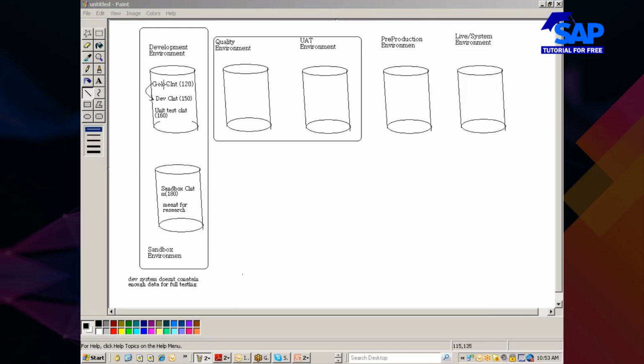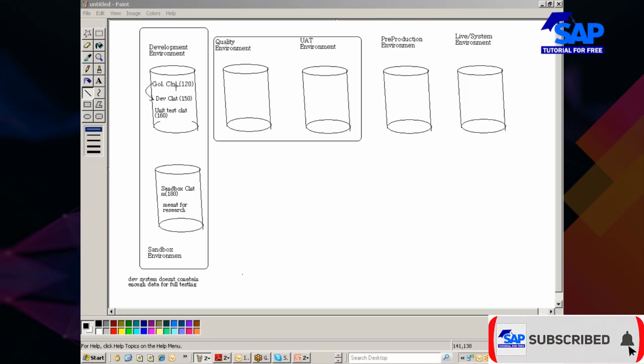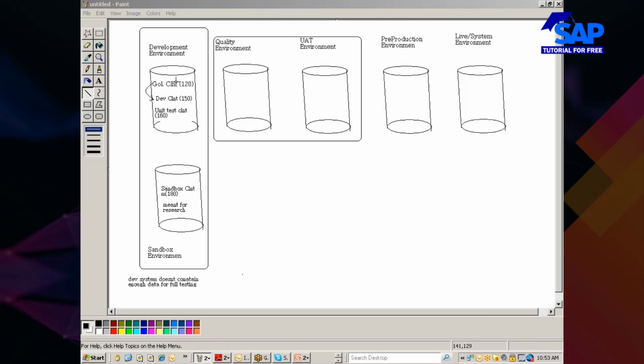So all the changes that you should do for a particular project have to be initiated from the golden client. So remember, golden client is the source of transporting your changes from one system to another system.